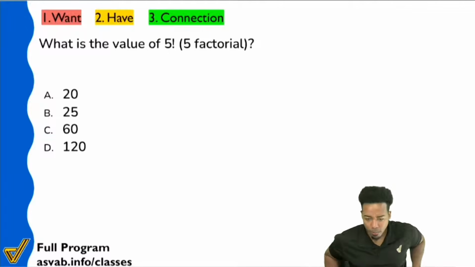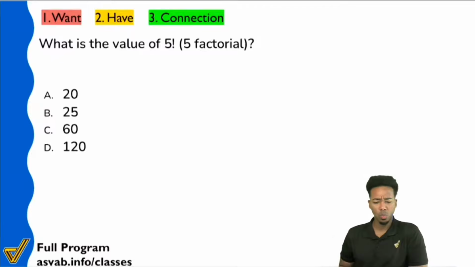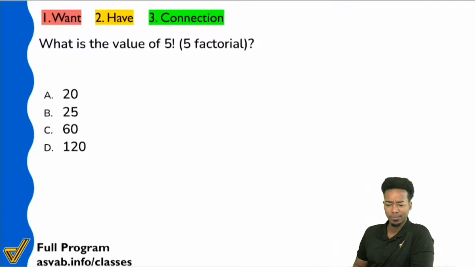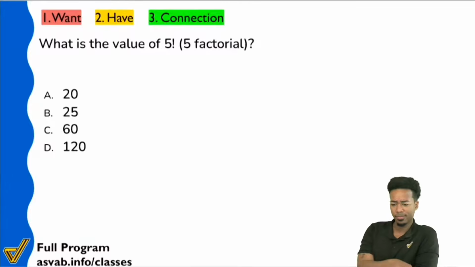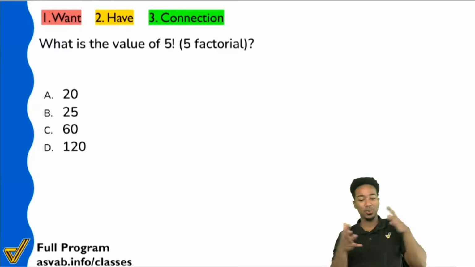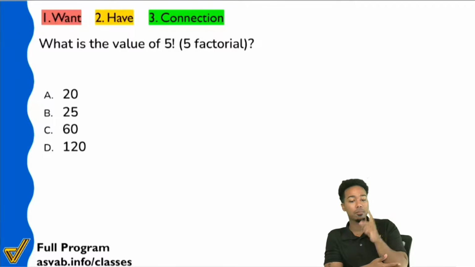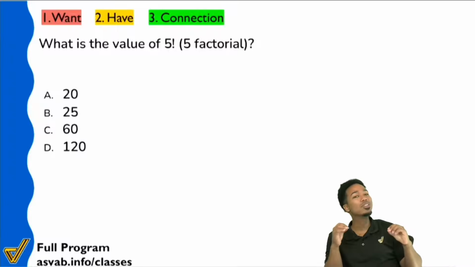So, our party people, who remembers what factorial means? What does factorial mean? Okay, together you guys are all correct, but some people are missing the first part. There we go. We want to multiply the number by every number before it. Thank you, Aaliyah. And until you get to 1. Until you get to 1.